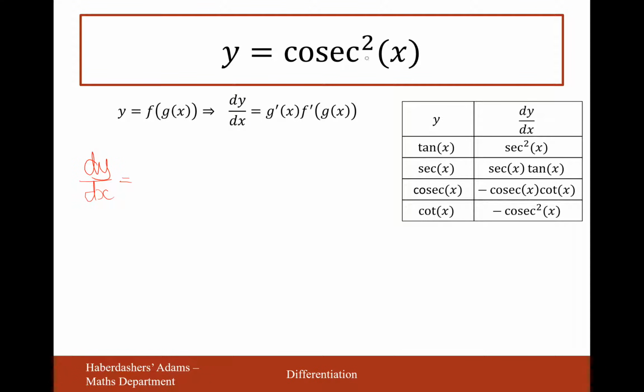The inside function cos x differentiates, well, I'll show you how we think of it. We think of it as cos x all squared. So hopefully that makes it a little bit more clear that that's the inside function and the outside function is the power of 2. So the inside function first, that is minus cos x cot x